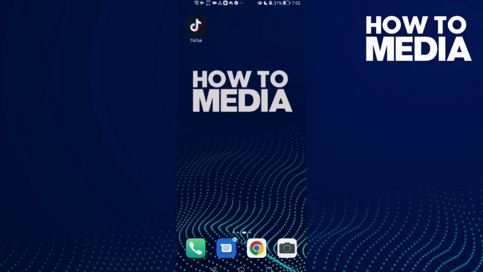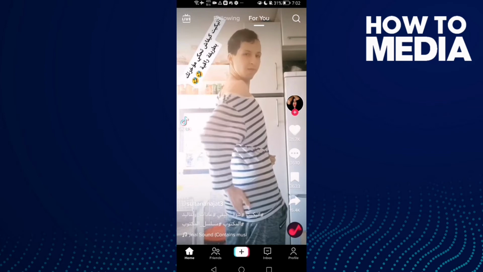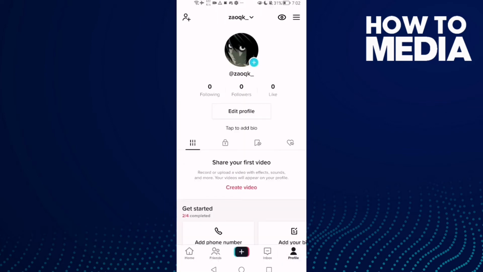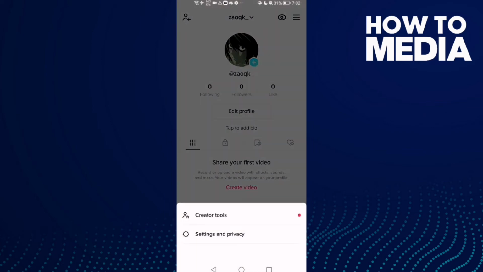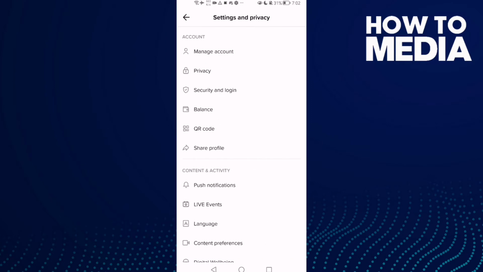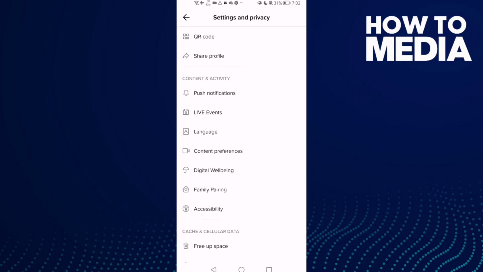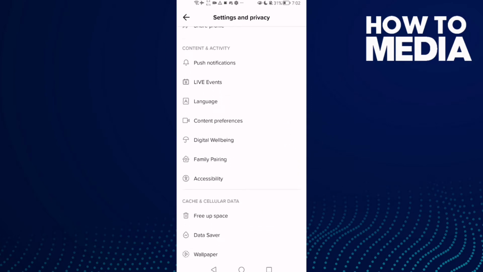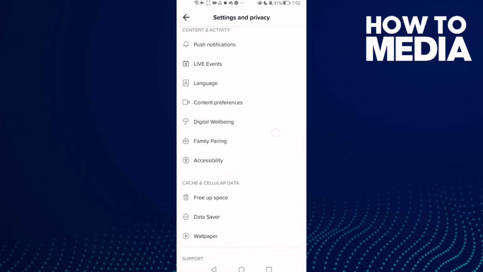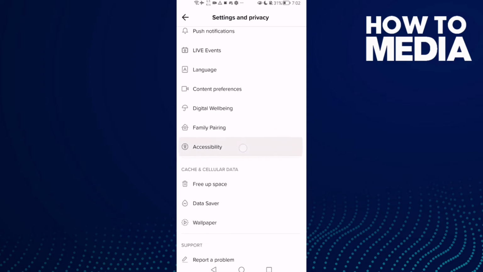First, open TikTok and now click profile, and here in the top corner you will find just three lines. Click on it and click settings and privacy. Now just scroll down until you find this one here, accessibility. Click on it,